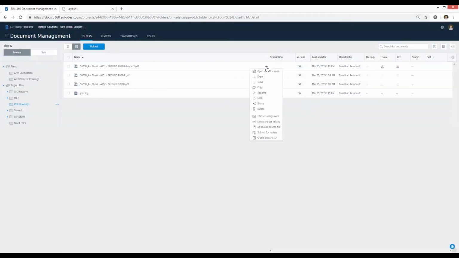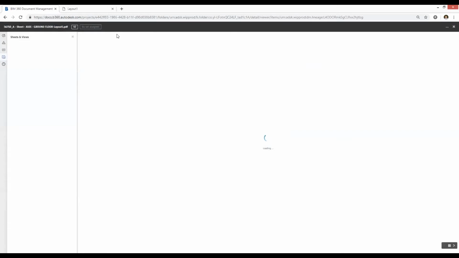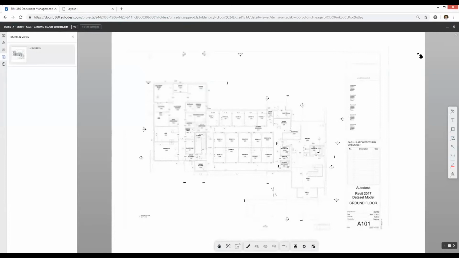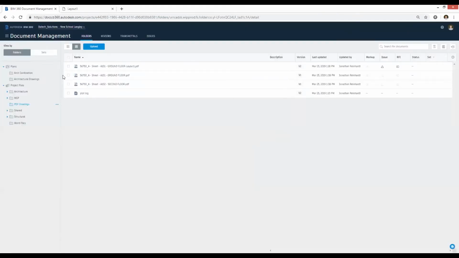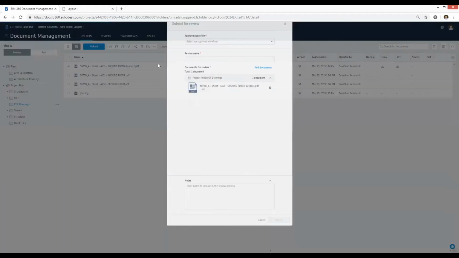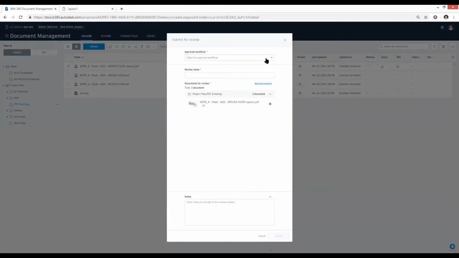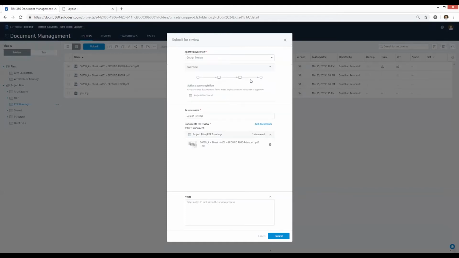There's also another way to view it in your Open BIM viewer as well. So it opens within the user interface also as a PDF document. So if I wanted to say issue that drawing to the client to review, for example, I can make a number of different options up here. I can lock it, I can share it, I can delete it, or I can add it to a set, but I can submit it for a review. So I want to submit this for a review, and then using the approval workflow that I've already created, design review, that will then